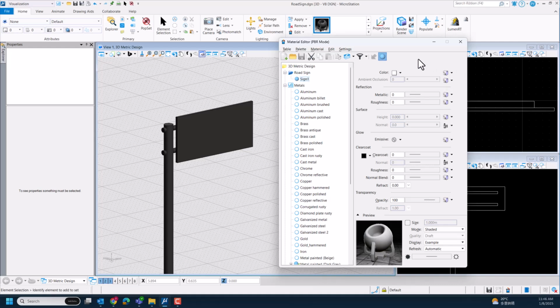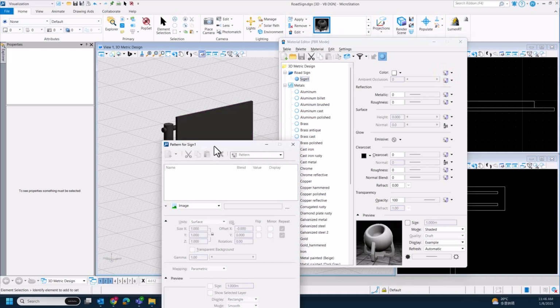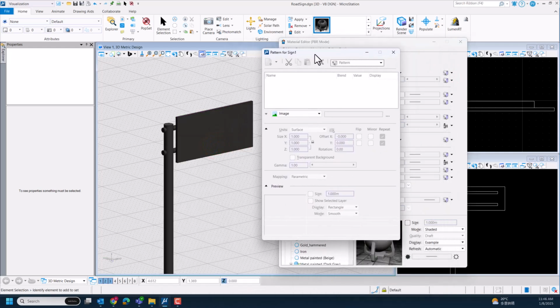I highlight that material. I don't need to modify anything, but I would like to attach a pattern map. So I can go to this icon to attach a pattern map. Click on this icon, and this pattern map dialog will be launched. And I'm going to use an image as my pattern map. So I select image here, and then I click the ... button,